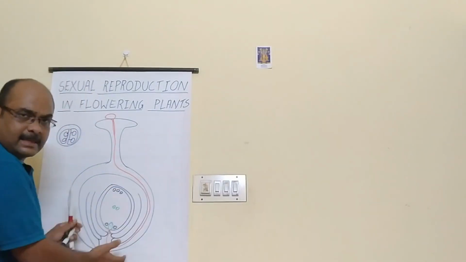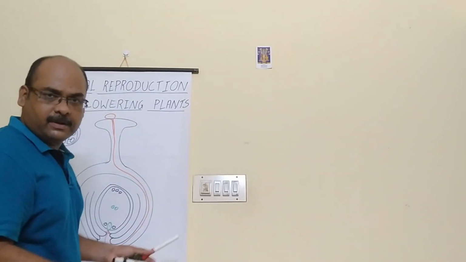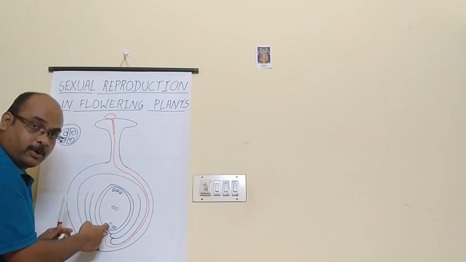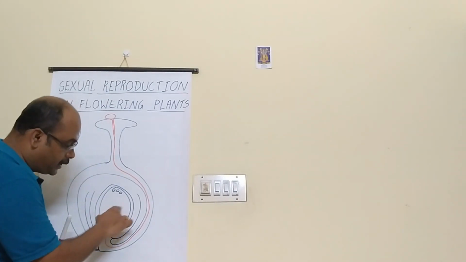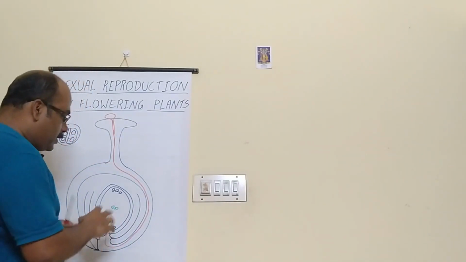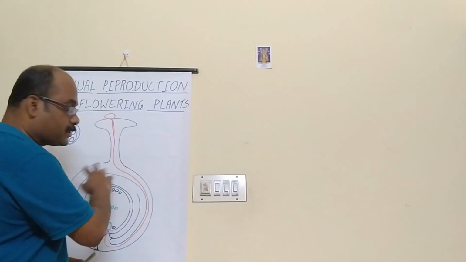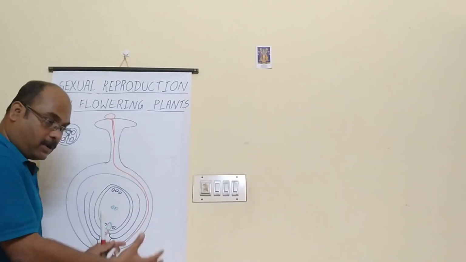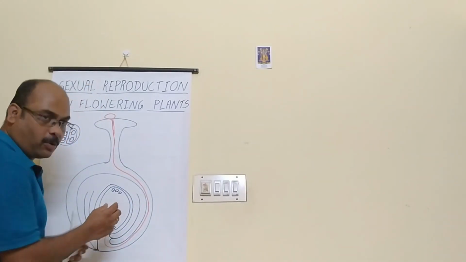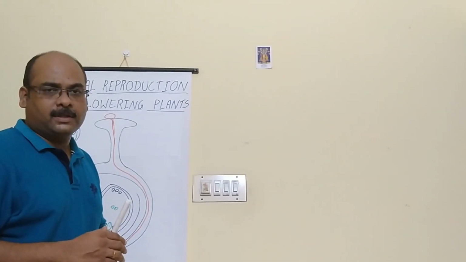After that, the petals and sepals will shed off, and the style and stigma, everything, will shed off. And here there will be 2 structures: the zygote, which will develop into the embryo, and the endosperm. Endosperm is the stored food for the growing embryo. And this structure will change to the seed. So that's how the seed is formed. Now when the seed falls on the ground and gets favorable conditions, the embryo will start growing, and we call it sprouting or germination of the seed.